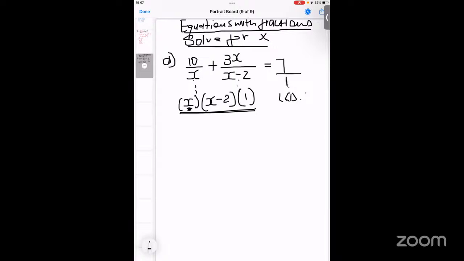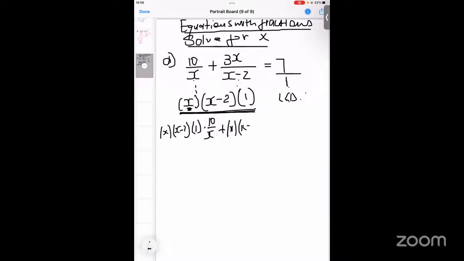Maybe let me do it so that everyone understands what is happening, so that on upcoming questions I can take a shortcut. You take the whole of this and multiply it by x minus 2 and also that 1, you multiply that first term of 10 over x, plus, again, you multiply